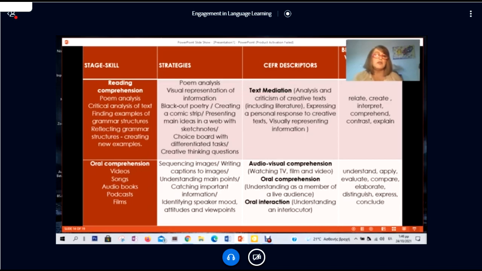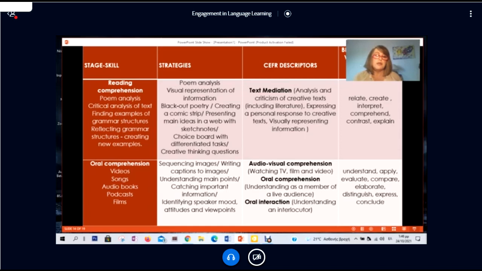For the oral comprehension skill, we can use videos, songs, audiobooks, podcasts, and films, and anything that matches our learners' interests and their own suggestions. The strategies could be sequencing images, writing captions to images, understanding main points, catching important information, identifying speaker mood. Of course,